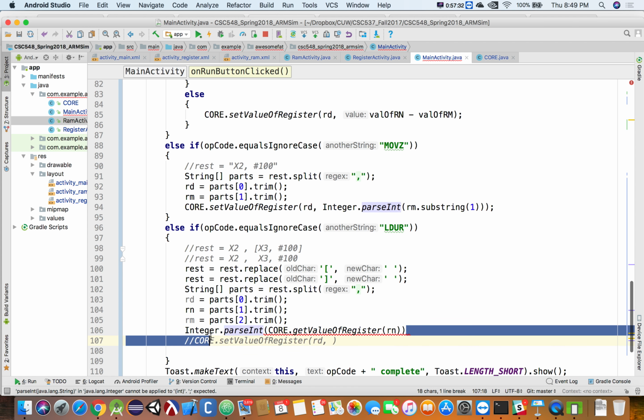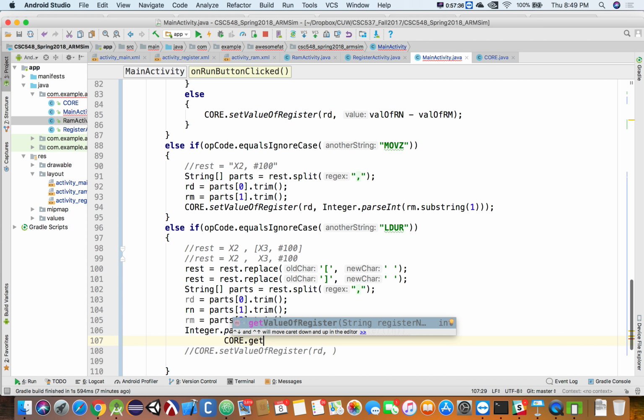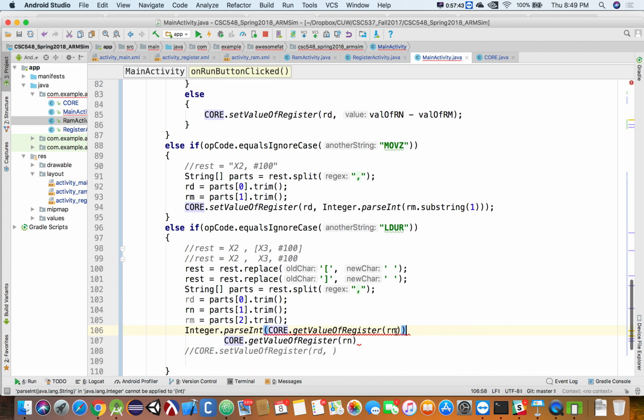Oh, does that give me the int? I thought core dot get value. Oh, it does give me an int. So we don't need to convert it because it already converts it. Perfect. All right, so that gives us the value of our register, and we want to add to that the